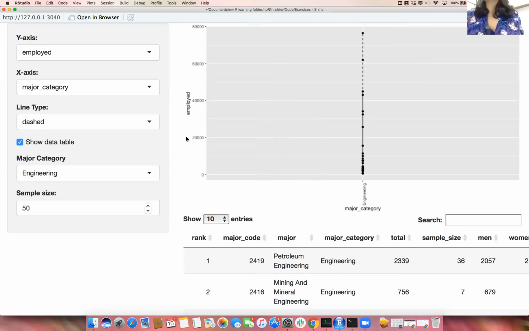Oh, come up here. Come up here. So you can either change the